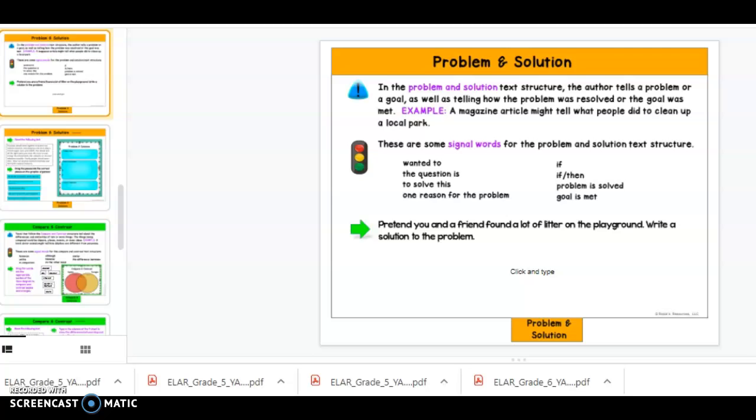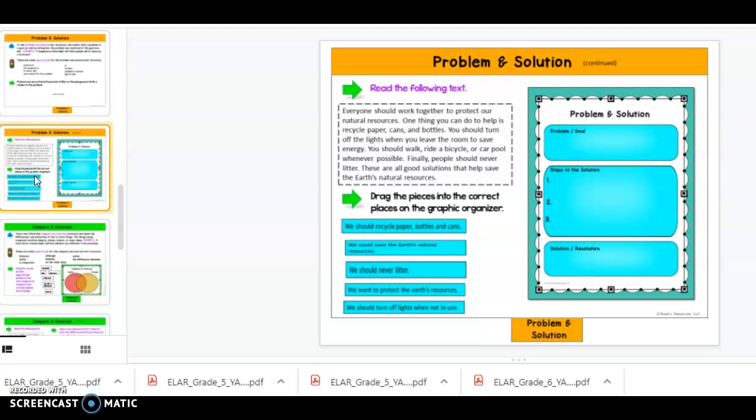In your interactive notebook, you are going to be completing page 8 and page 9 for today. Also, I want you to try out page 6 and page 7 of your interactive notebook, which